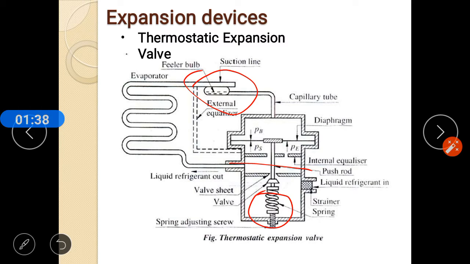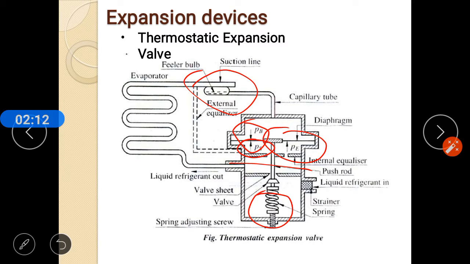The temperature of the saturated liquid-vapor mixture is the same as the temperature of the superheated gas leaving the evaporator at that location. The pressure of the liquid in the bulb, pressure PB, tends to open the valve. This pressure is balanced by the pressure of the spring, pressure PS, in addition with the evaporator pressure, pressure